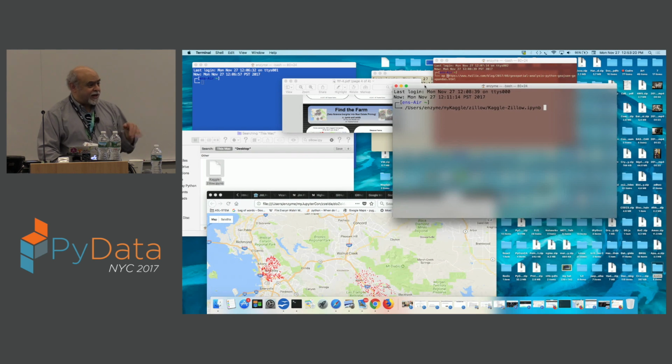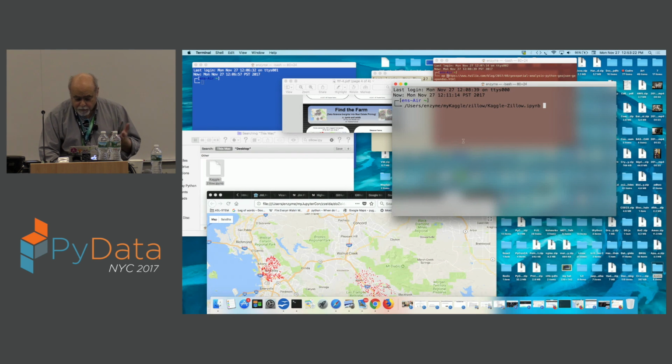But I didn't use any of the Kaggle Zillow data in what I'm going to show you in a couple minutes. But I did download the data just to sort of see how it's organized. I think it's too late to enter the competition. I think they're already in their second round.